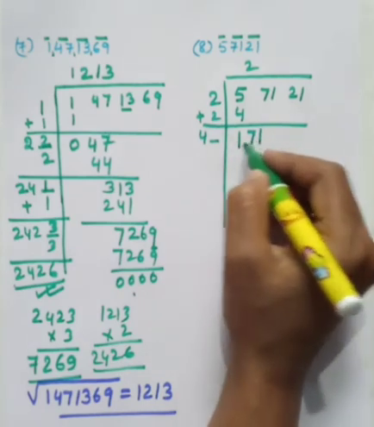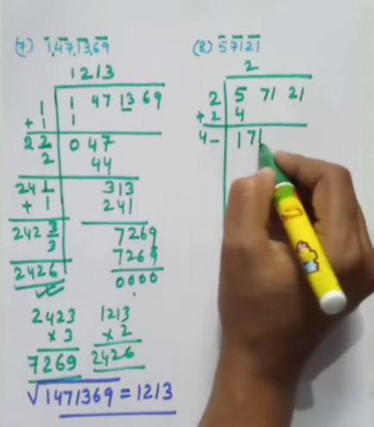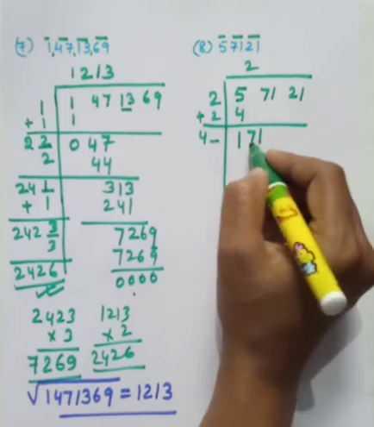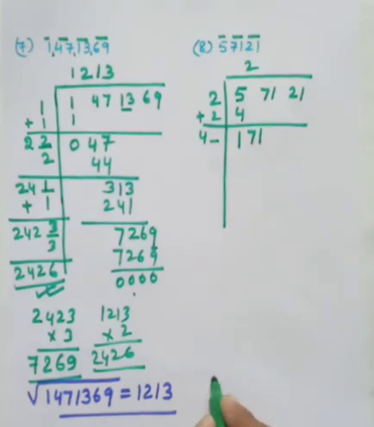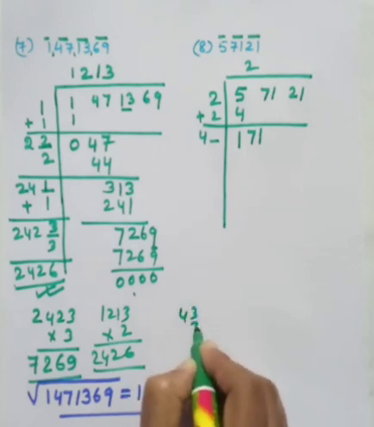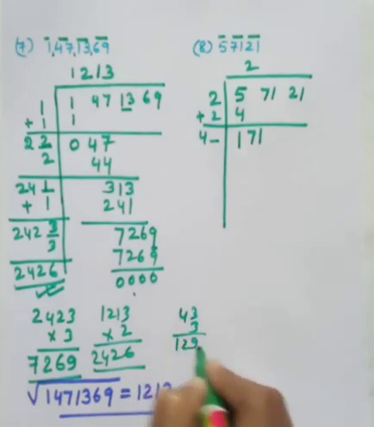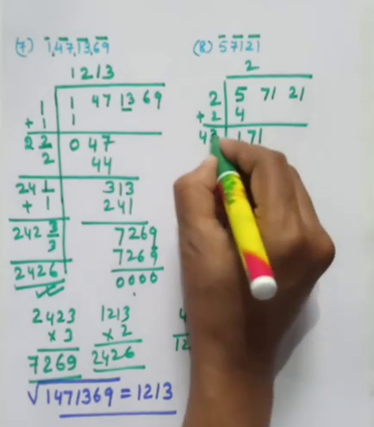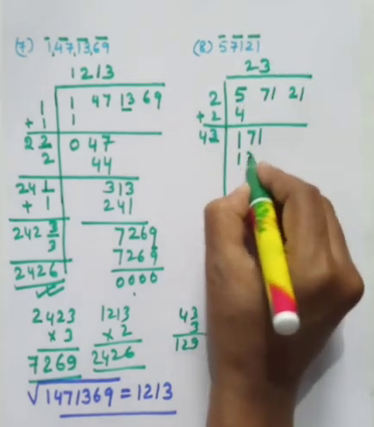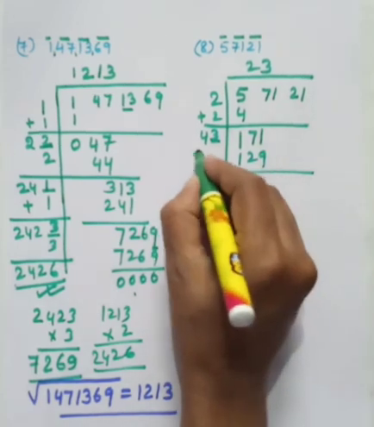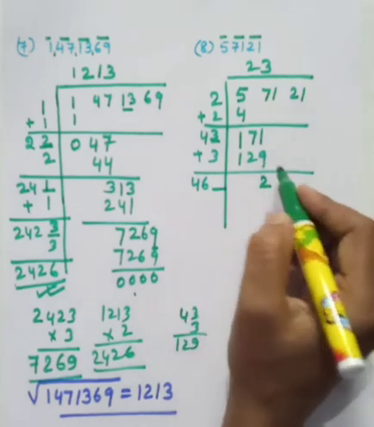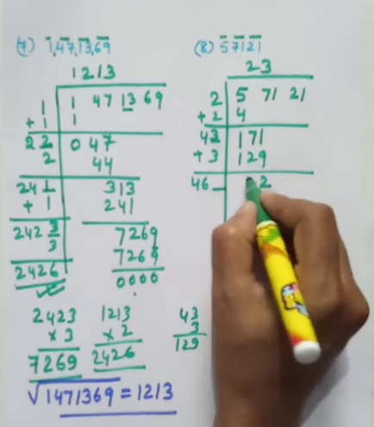Okay, now see, 44 4s are 176, but the last number is 1. So we can say that it will not be suitable. So let us go for 43. 43 3s are, 3 3s are 9 and 3 4s are 12, 129. If you go for 4, what will happen? 44 4s are 16, 1, and then 4 4s are 16, 176 it will come. So it is not suitable. 43 3s are, how much is it? 129. So plus 3, we have 46, and then one place vacant here. 11 minus 9 is 2. Here how much is left? 6. 6 minus 2 is 4.